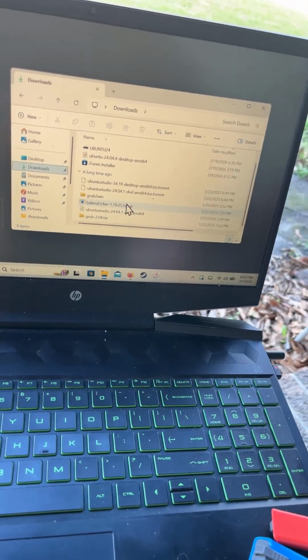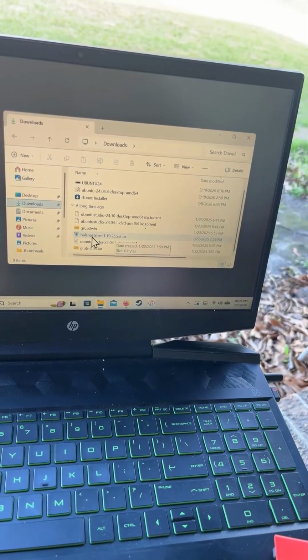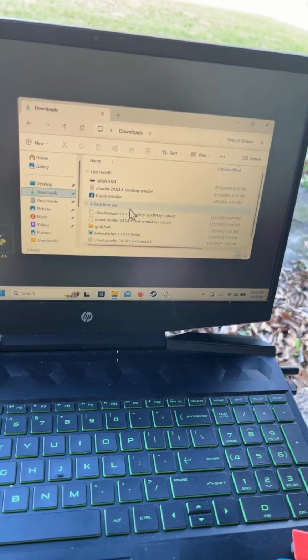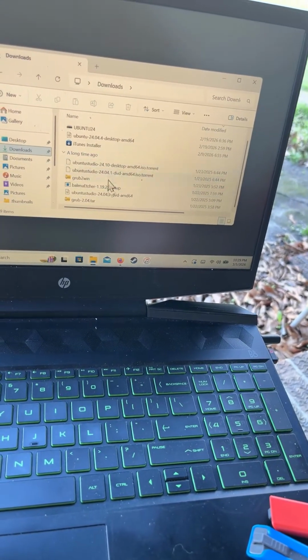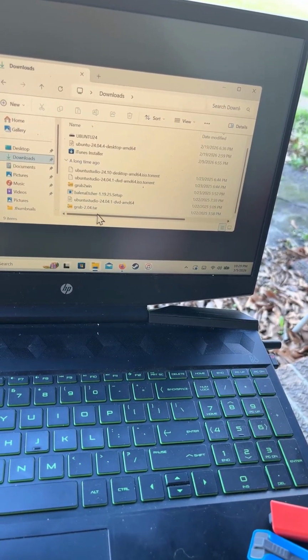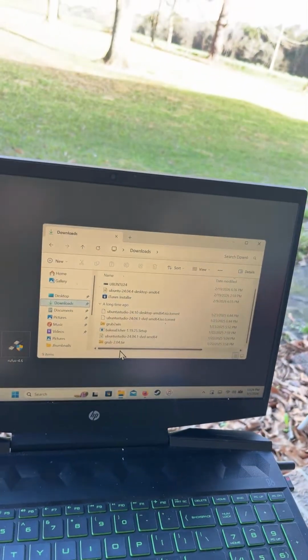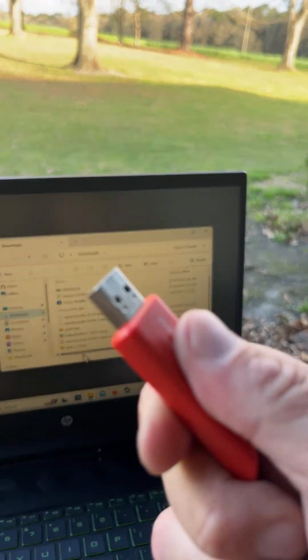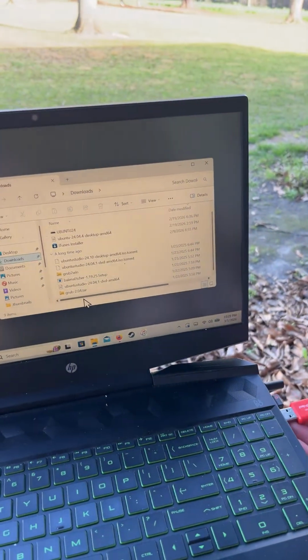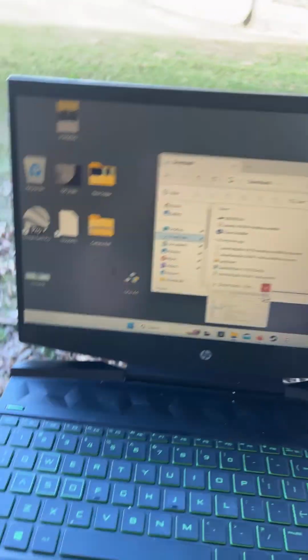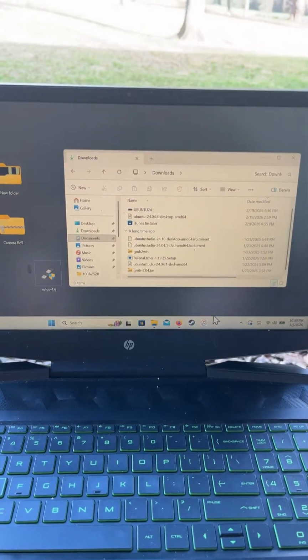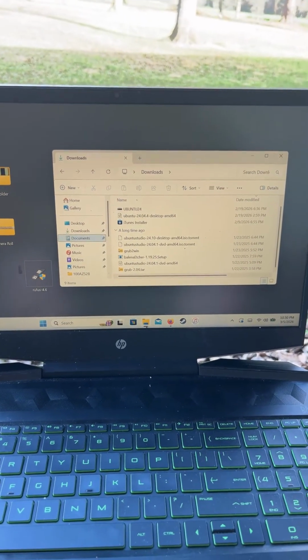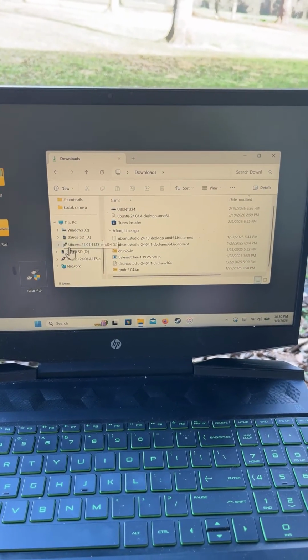Alright. So, you're going to need something like this program, Balena Etcher, and there was another one that I generally use. You're going to want these USBs. This is an old USB. It's like 32 gigabytes. It's still plenty big enough. I've already made my ISO image onto this bootable USB. I'm just kind of looking for the